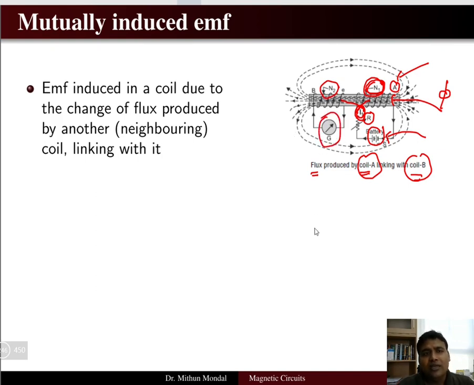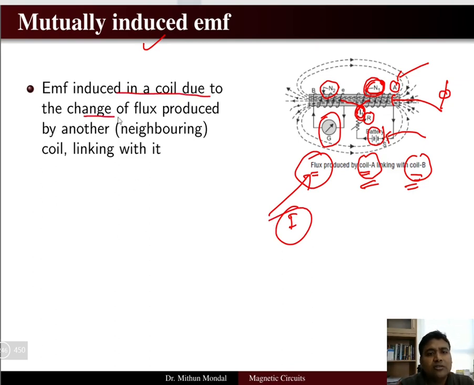So here in mutually induced EMF, you can see that two coils are there, coil A and coil B, whereas the flux is produced in one of the coil due to the current I, which is connected with a source of a battery. So EMF induced in a coil due to change of the flux produced by another neighboring coil